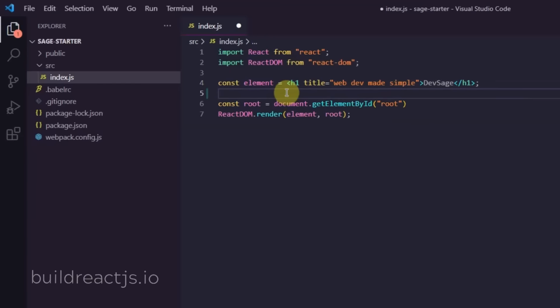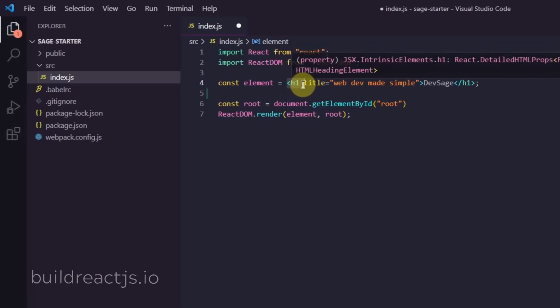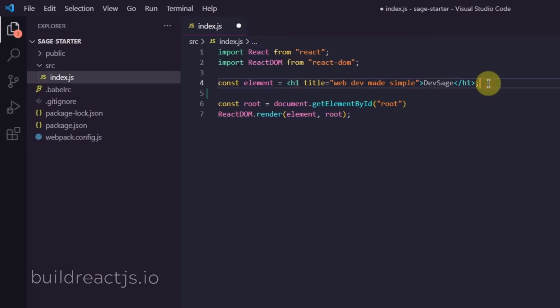If you're familiar with React already, you probably already know that this H1 here is JSX. It's not HTML, even though it may look like it. You could pass in valid HTML here, or you could pass in any React component. It's basically just a way to describe to React what the UI should look like. But we're going to focus on what this does under the hood,